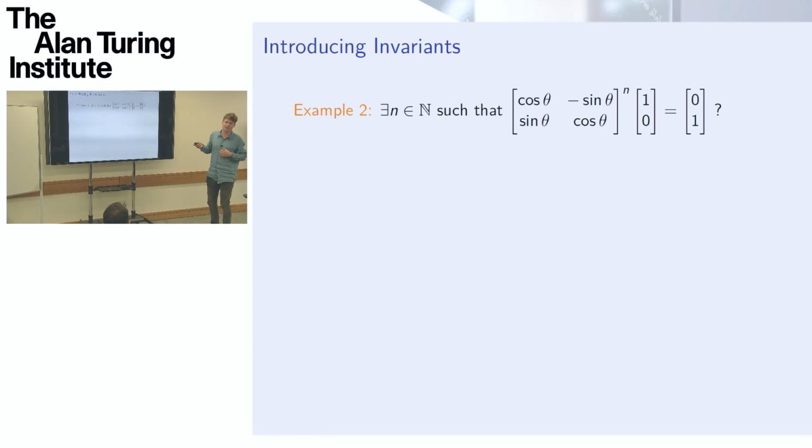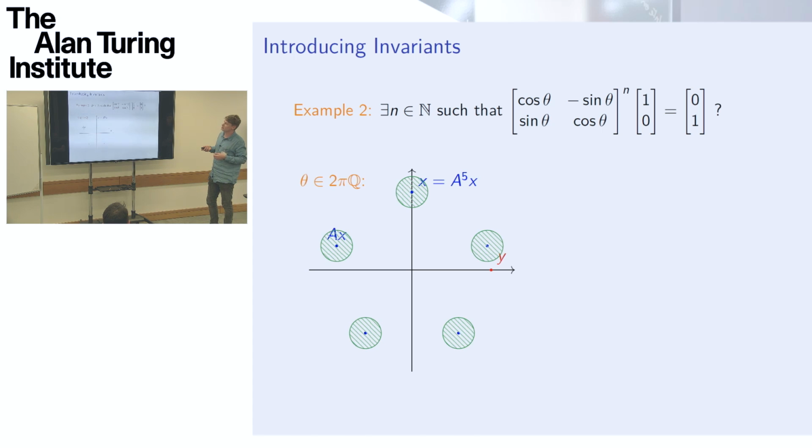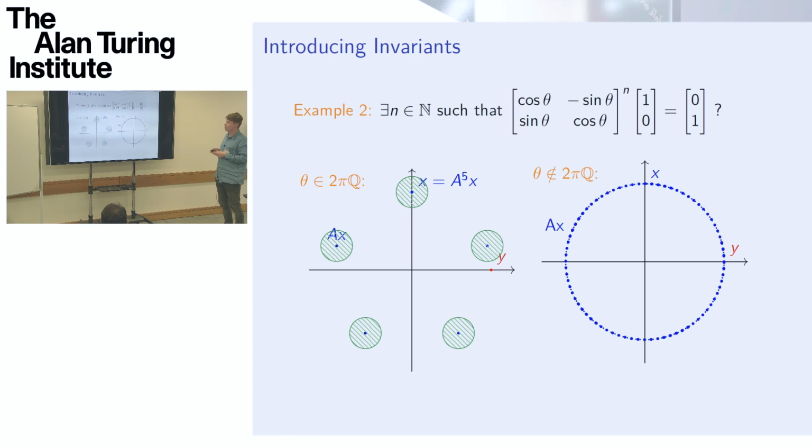So what can we say in the case of the rotation? Well, in the first case, it's easy to synthesize an invariant. We would just take some safe zones around each point and make it so that it's invariant. For instance, some balls like this are going to be a good invariant. What about this instance? Well, if we ask that our invariant is closed, which is some really natural thing,